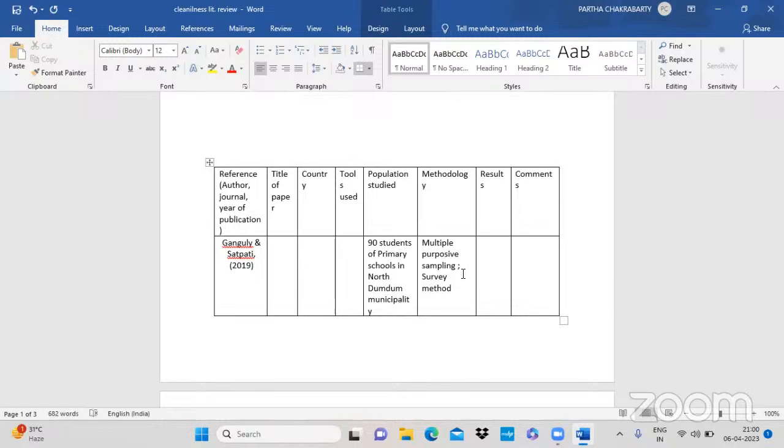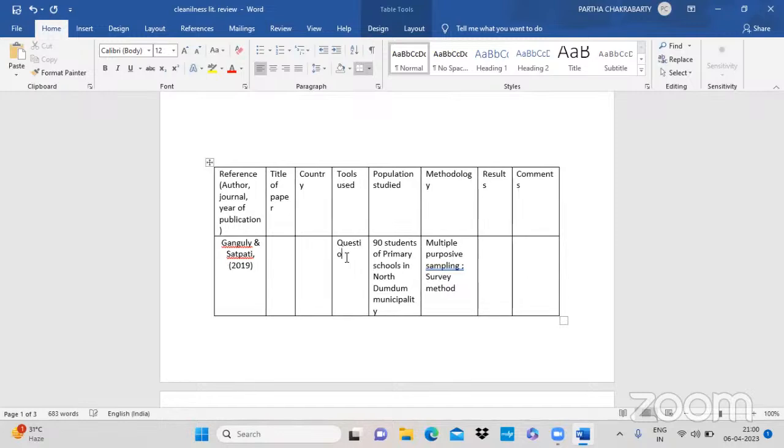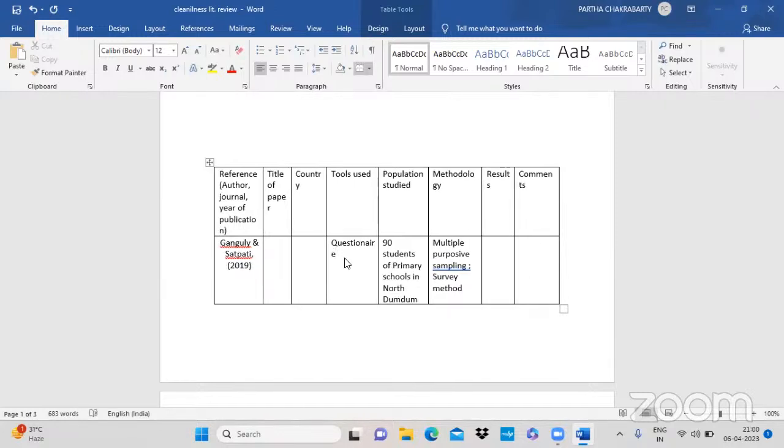কান্ট্রিটা হবে ইন্ডিয়া হয়তো। হ্যাঁ, ইন্ডিয়া কান্ট্রি। না, কোশ্চেনিয়ার কিছুতে ইউজ করেননি। তবে উনি কি করে করবেন সার্ভে মেথড? যেমন স্যার দুটো টেবিল করেছেন, টেবিলের মধ্যে ফার্স্টে লেখা আছে হাইজিন প্যারামিটার ডেটা ইজ বেসড অন সার্ভে অফ 90 স্টুডেন্টস ইন 15 প্রাইমারি স্কুল। তার মানে উনি কোশ্চেনার দিয়েই করেছেন, তাছাড়া তো করতে পারবেন না। টুলসটা বলে দাও। হ্যাঁ, আমারই ভুল হয়েছে, কোশ্চেনিয়ারই আছে। লিখে দাও, যদি উনার কোনো কোশ্চেনারের ইউনিক কোনো নাম থাকে সেটা দিতে পারো, না থাকলে আর কি করে।